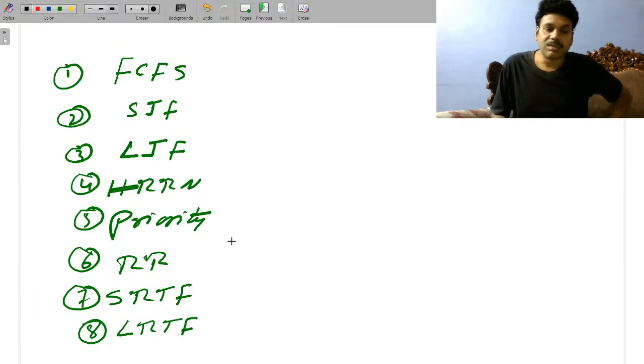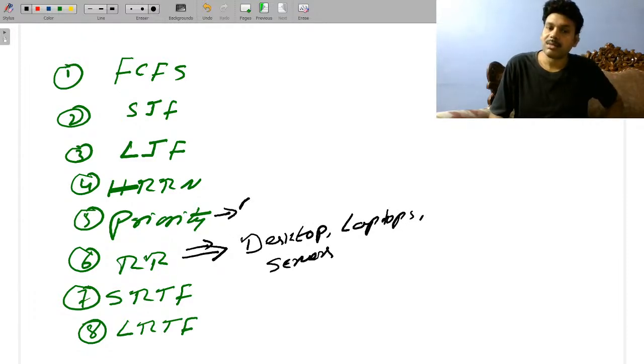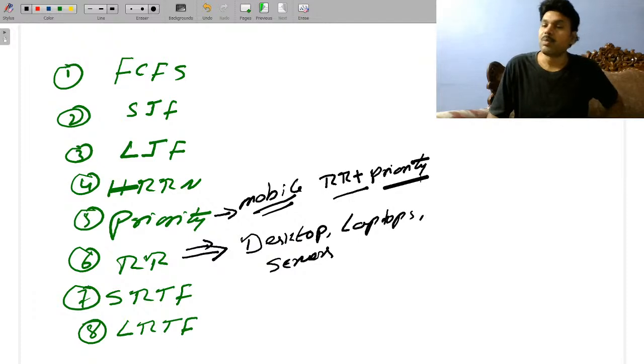The only one algorithm that is called round robin, as far as desktops, laptops and servers are concerned. But when you are talking about a mobile operating system, it is using round robin as well as it is following priority. So your mobile operating system is based on round robin. It does the multitasking, and apart from it, priority is also included, because you see